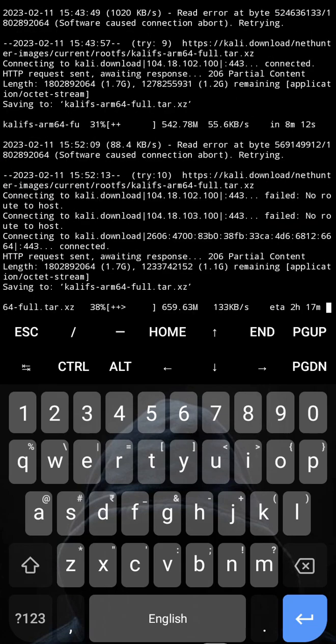The installation process will start soon; depending on your internet speed, it will take time, so keep patience, and after installation